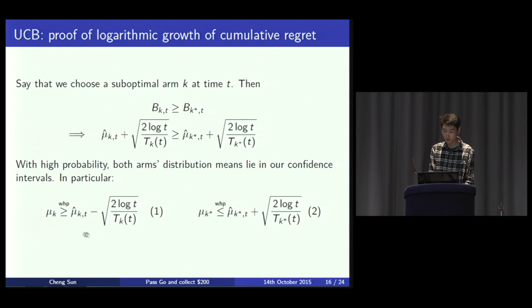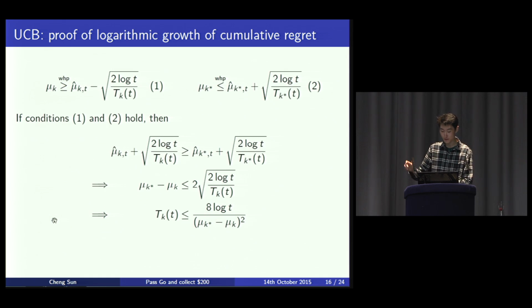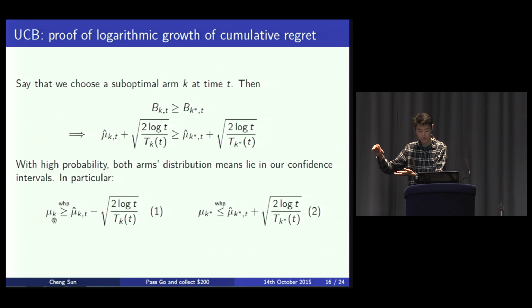So we're saying that with high probability, this is actually the case. In particular, we only care about 2 of these inequalities. The first being for the suboptimal arm, the true mean of the suboptimal arm is greater than the lower confidence bound that we've created for that. And for the optimal arm, the true mean,